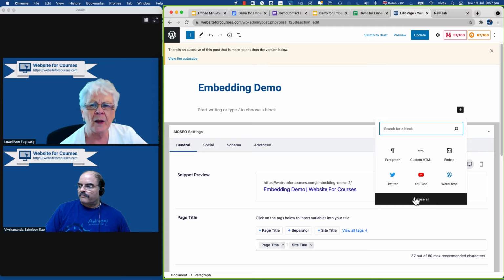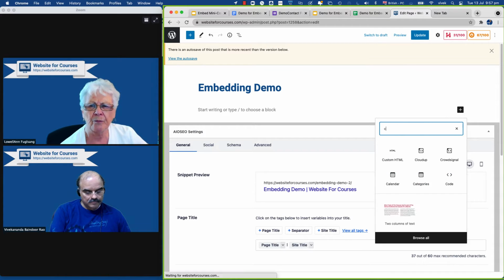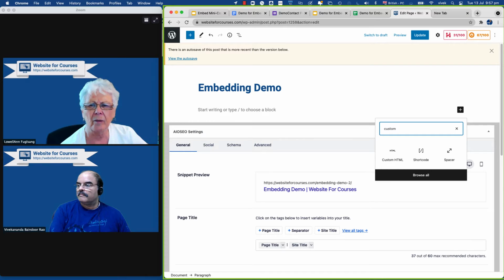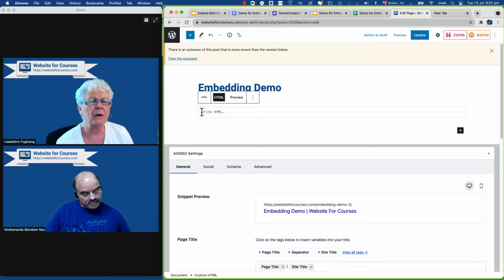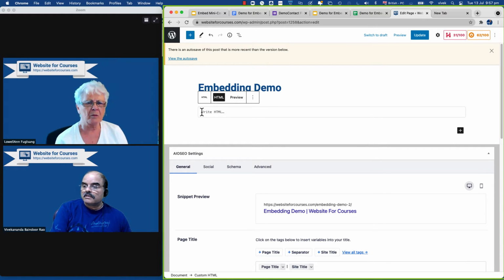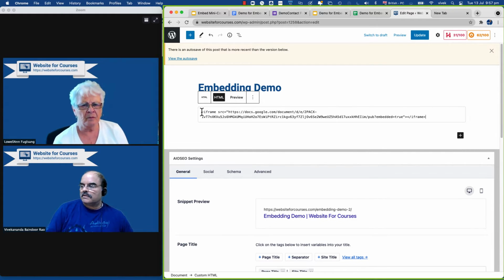And we need to find the custom HTML block. There, it's right there. So it is this one. Select that. Now we paste what we copied from the Google Doc. We say update,